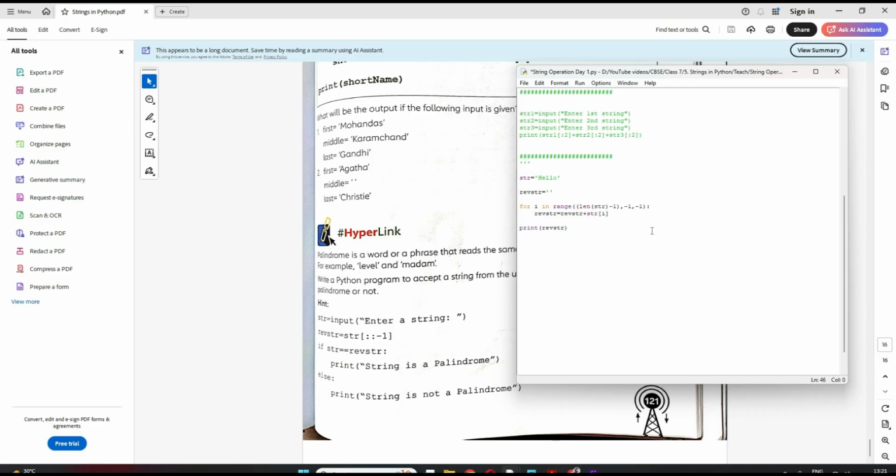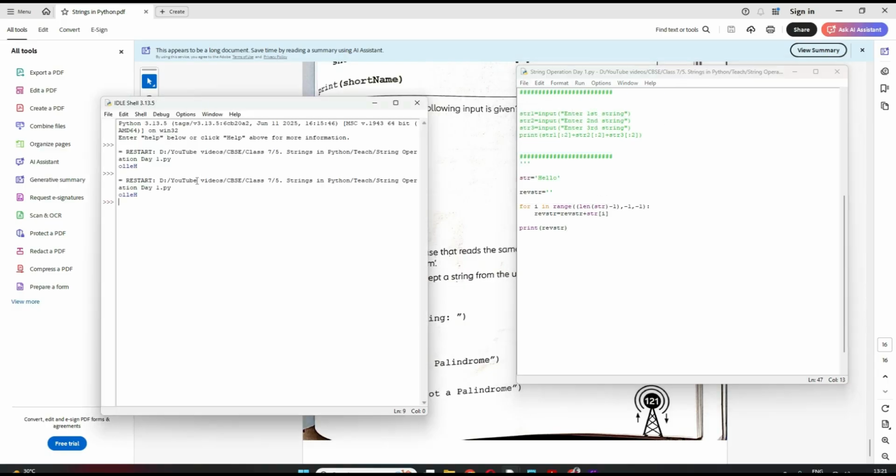And then I'm finally printing the reverse. Nothing else I'm doing. I'm just printing the reverse. So see, I got my reverse here, right? Is it clear how I got my reverse? Now for palindrome, you just need to check if str is equal to rvr.